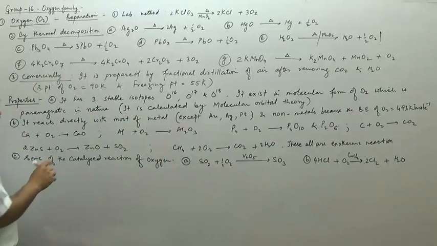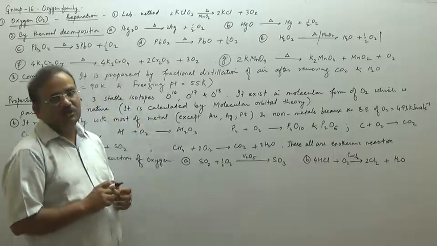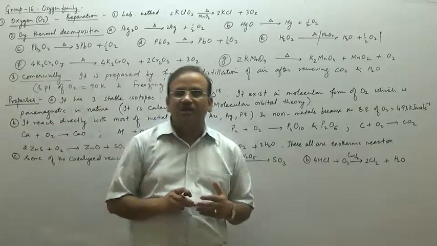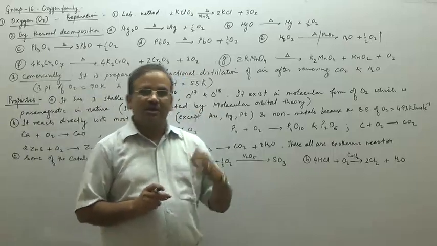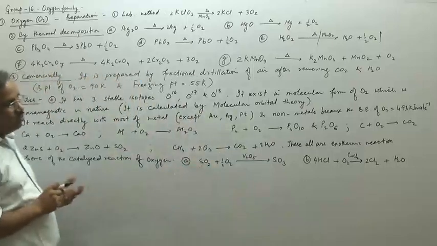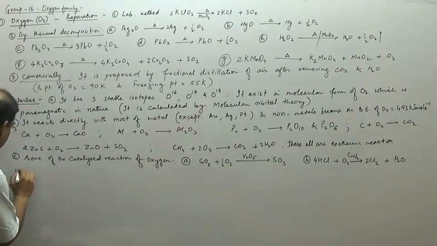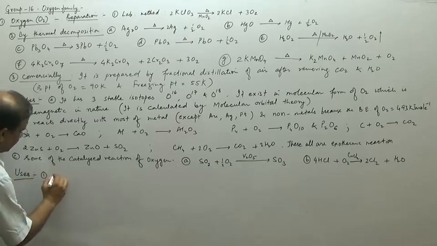Now, what are the uses of oxygen? We know that oxygen diluted with helium and neon is used for artificial respiration. Oxygen is very important for combustion. So if we write the uses of oxygen, first we can write that